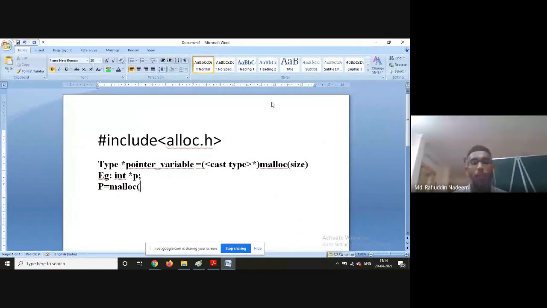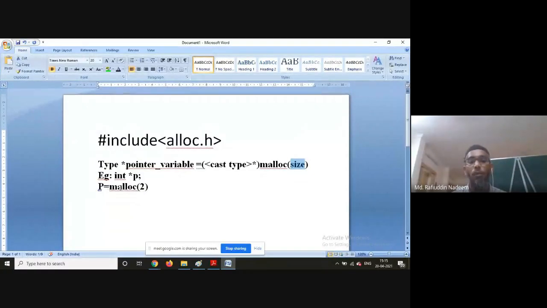You know that for an integer we require 2 bytes of memory. Simply you can say malloc of 2. Then whatever number is specified here as a size, those many bytes of memory will be allocated and the address of that particular memory block will be stored in the pointer p.